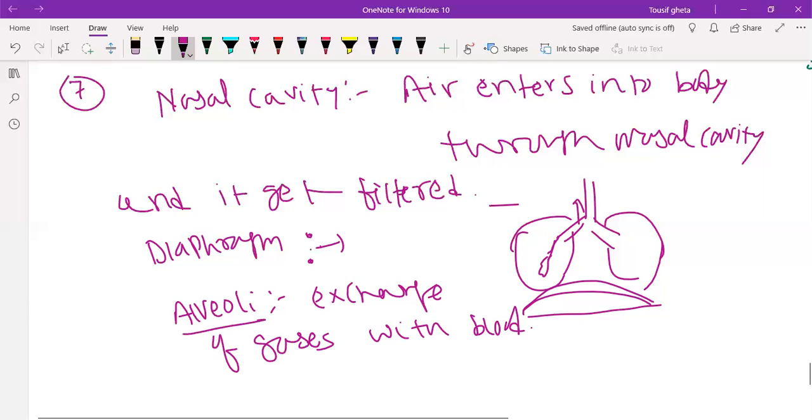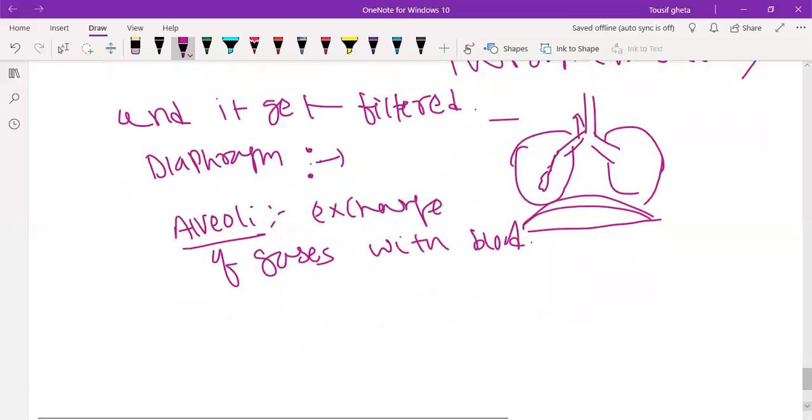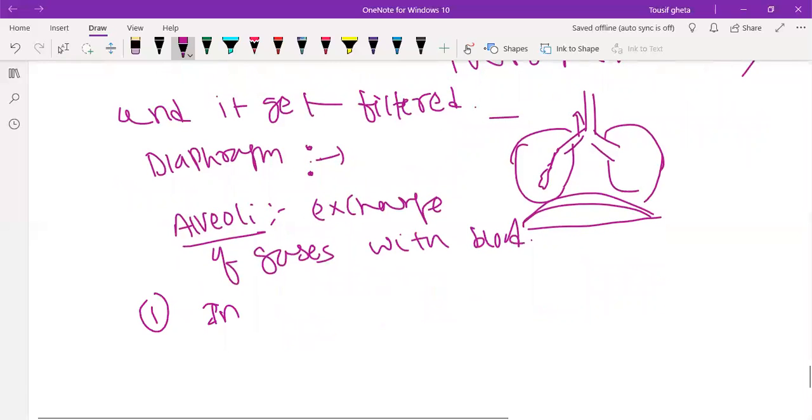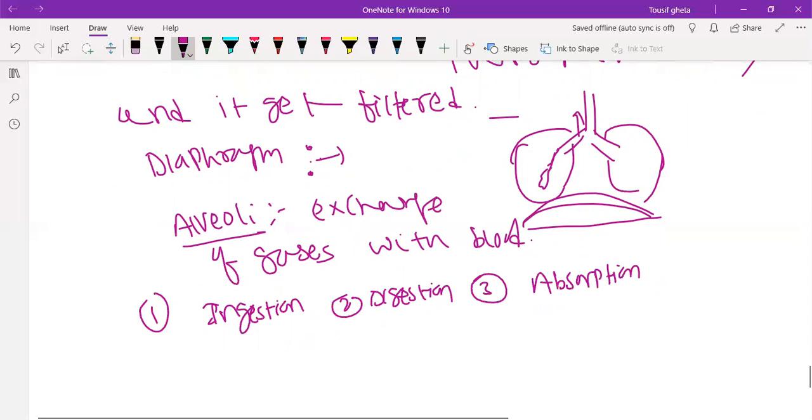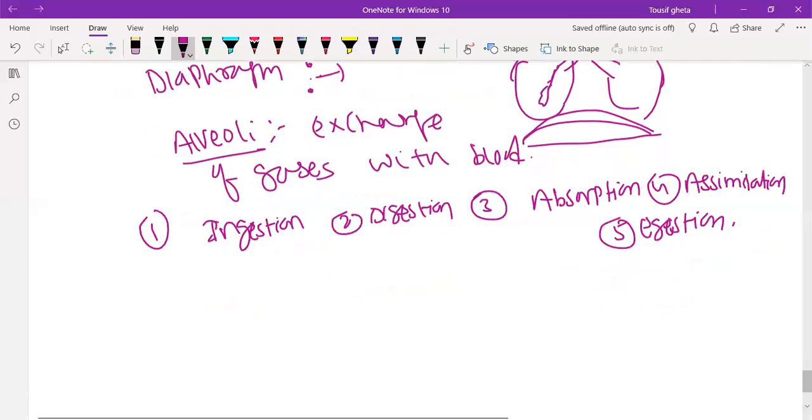Okay. Nutrition in amoeba is the easiest question. There are 5 steps involved in amoeba nutrition. Ingestion, digestion, which takes place in the food vacuole. After digestion, there is absorption. The food enters into the cytoplasm. After that, assimilation, it is used by the amoeba cell. Finally, waste will be thrown out of the body. So these are the easiest steps. If you explain a little along with the figure, I think you may get full marks.